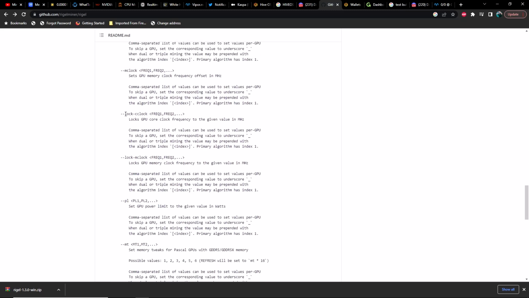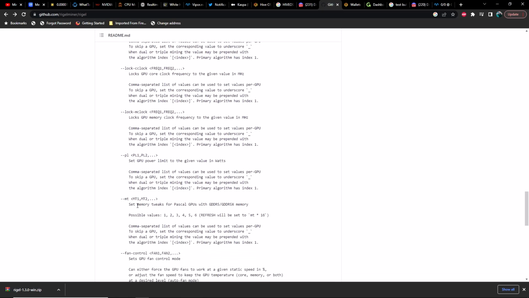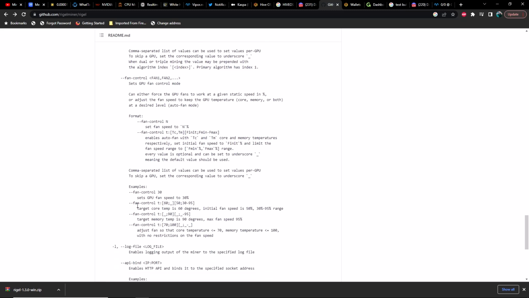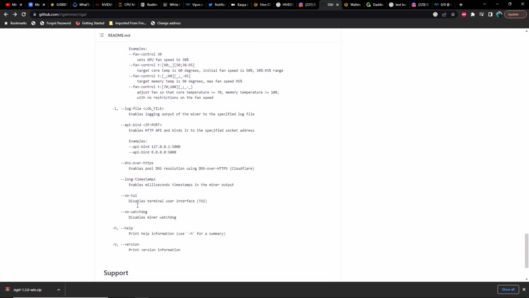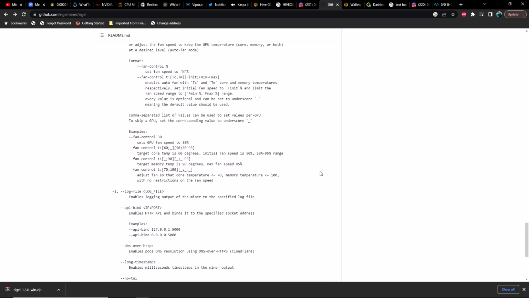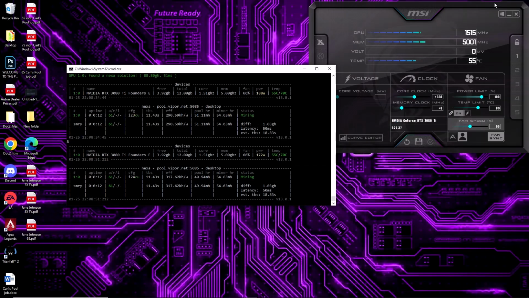So here's memory clock, there's lock core clock, and here's lock memory clock. So a few other things: power limit, fan control, yada yada. Alright, so now that we know what we need to put in here,